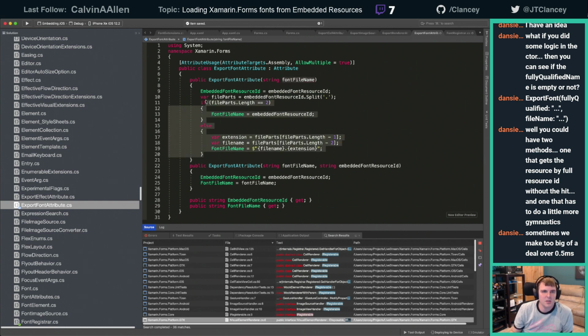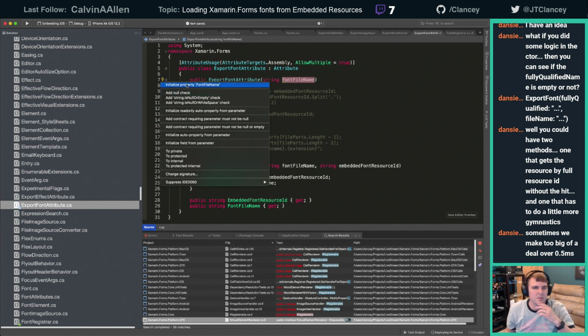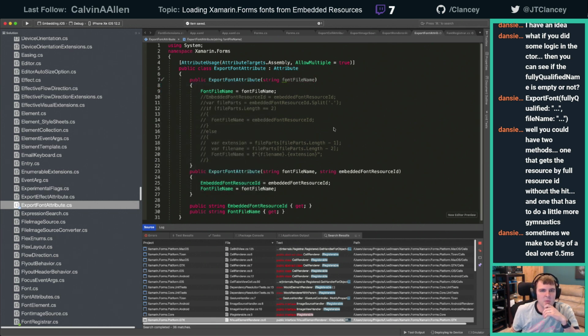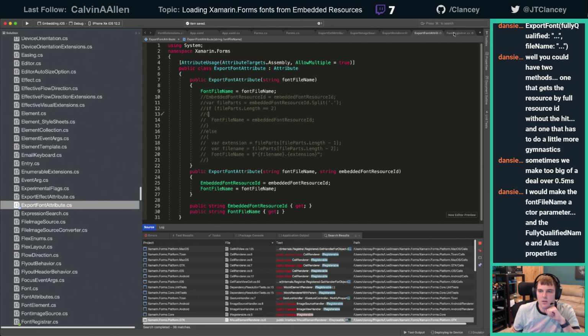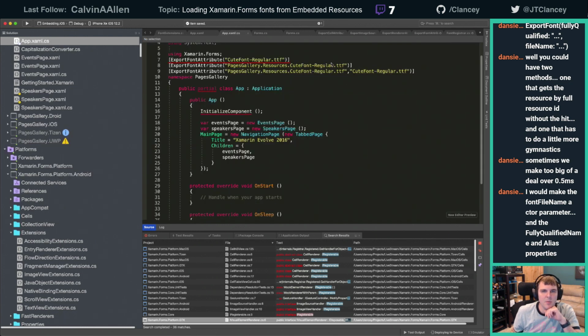Hold on, let me think how to do this then. I'm going to assume you don't care, you're not going to pass in that whole thing. I like this. That will eliminate some of our gymnastics. We'll just assume you're not doing the full path. So let me go to my sample and show how this will change things. So that means